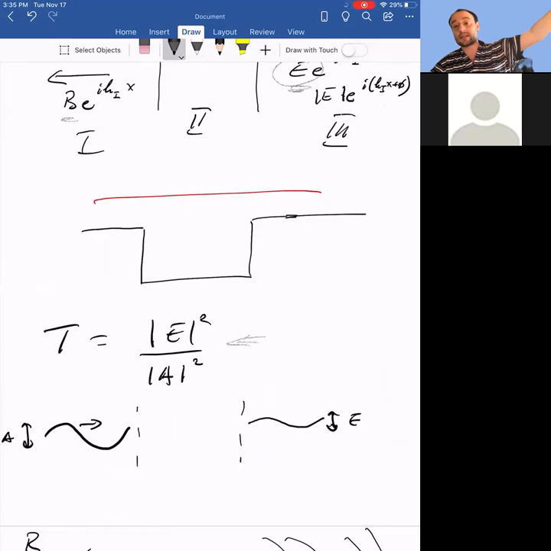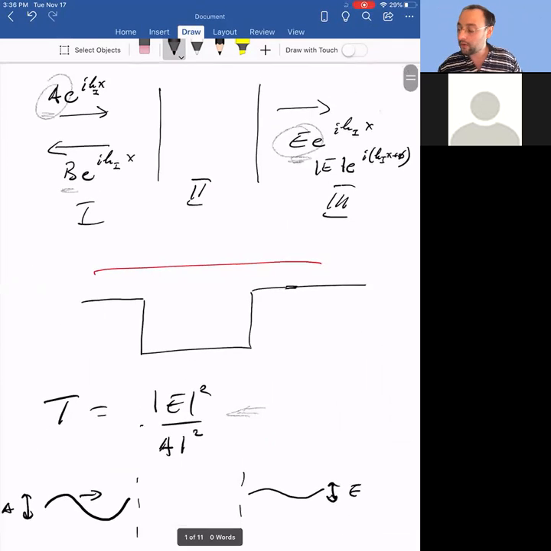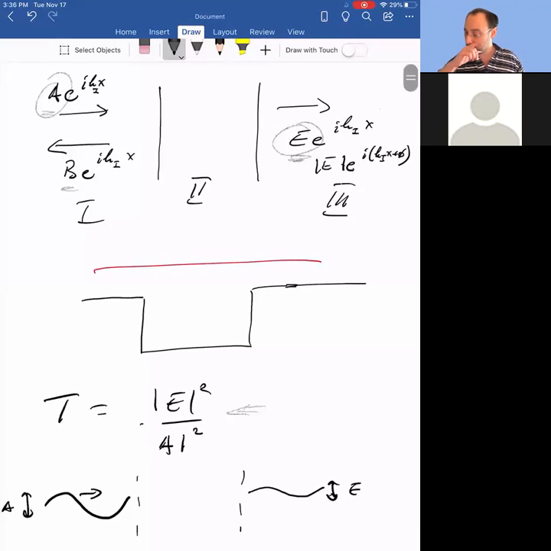And when energy is extremely high, oh, by the way, sorry, don't confuse E with energy. When energy is extremely high, the coefficient E is almost identical to the coefficient A, and the coefficient B is almost 0. In other words, the amplitude of the outgoing wave is almost the same as the amplitude of the incoming wave, and the amplitude of the reflected wave is very small